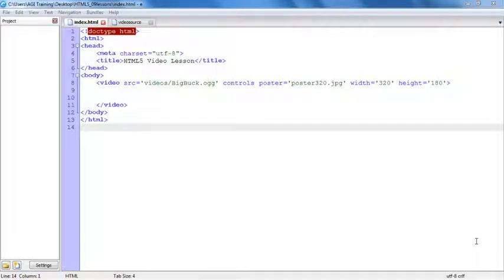This lesson is Working with Video and Audio Elements. In this lesson, you'll learn how to add video to your page using the HTML5 video element. You'll also take a look at some of the associated features of this element that are easy to add, such as player controls and poster images. Additionally, you'll learn how to add backwards compatibility for your video in browsers that do not support the HTML5 video